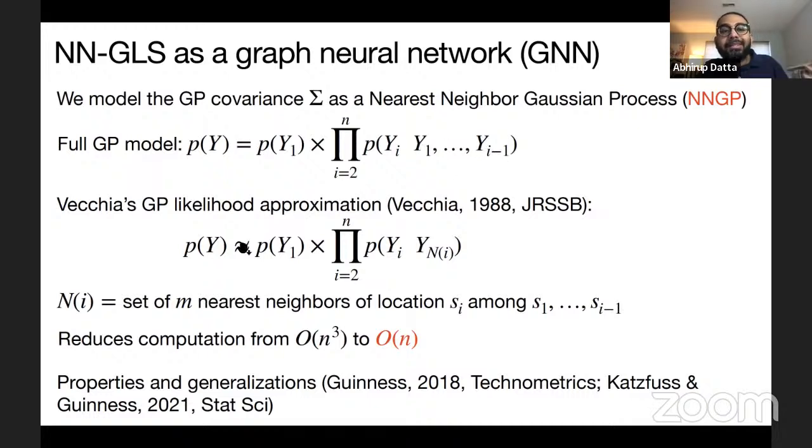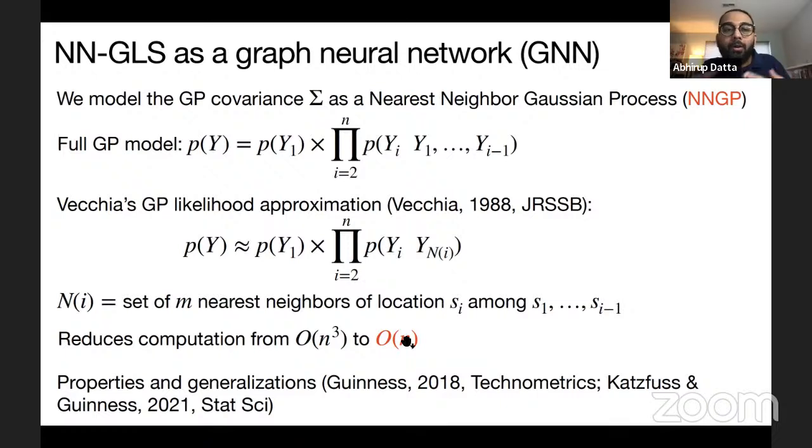So Vecchia, in his seminal 1988 JASA paper, said that given that spatial correlations are only high at nearby locations, it's enough to condition on just a small set of nearest neighbors instead of using all of these, going from 1 to I minus 1, which will be very large for large I. That change reduces the computation for evaluation of this likelihood from cubic to linear in n.